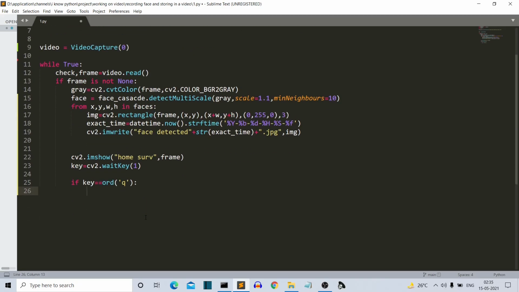And this is where the main task begins. Now we have to collect all the images and then store them into a video. So this is how you will do it. First of all, we have to create an argument parser class variable. So let me first write, then I'll explain how things are happening.